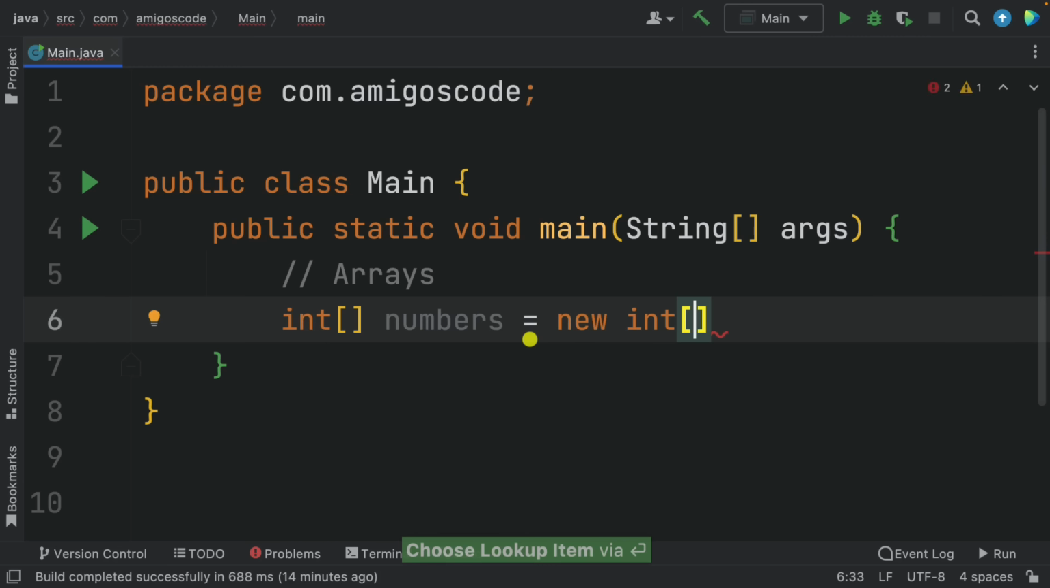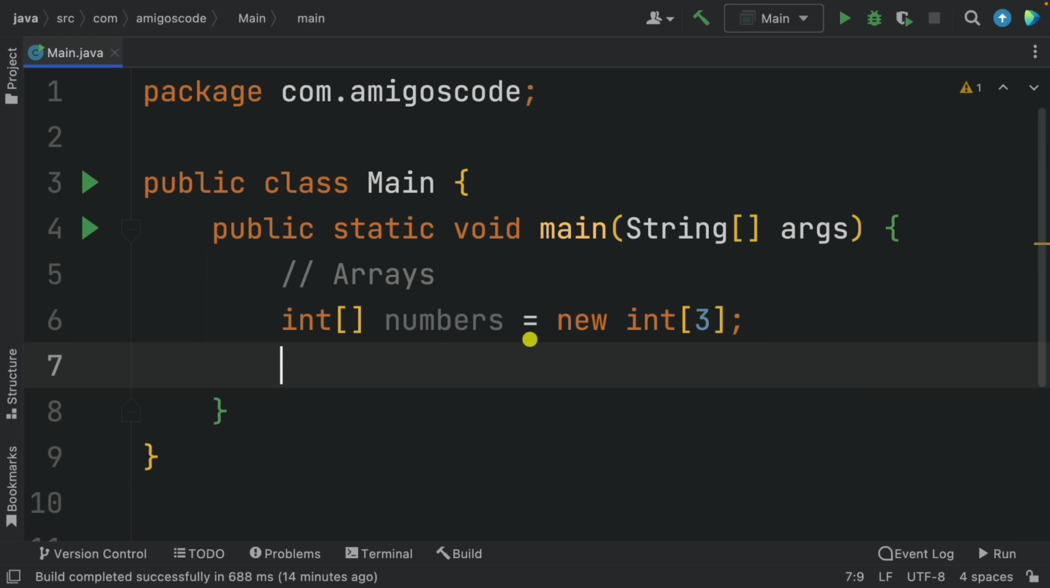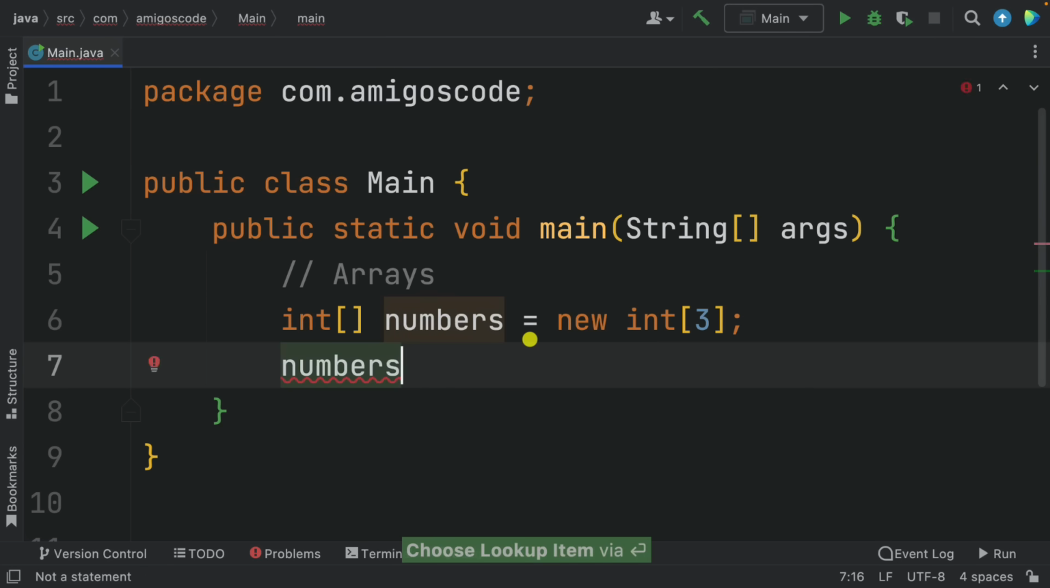And in here, you have to specify how big is this array. So how many elements can this array hold? So here, let's say that this can have only 3 integers inside. Now, if I want to add a new integer inside, I can say numbers, and I need to add square